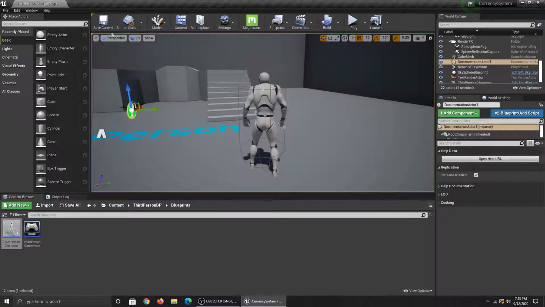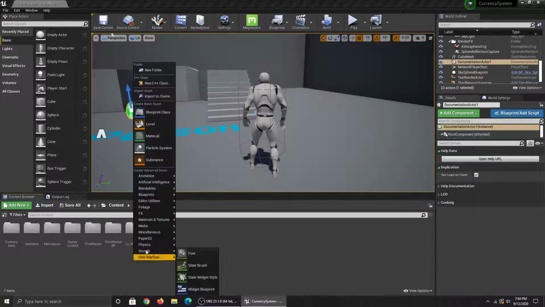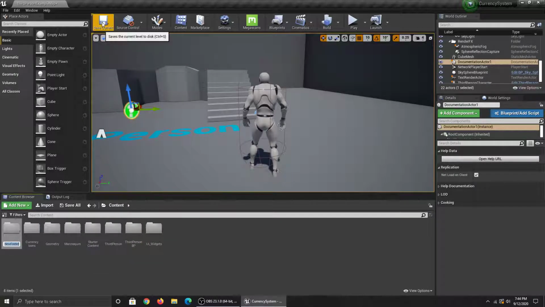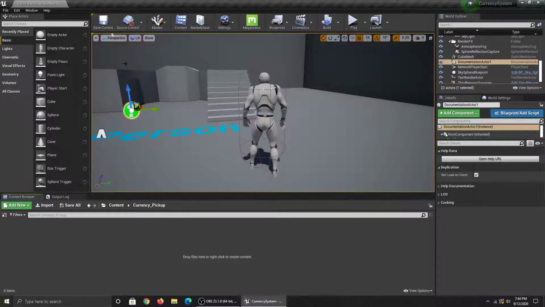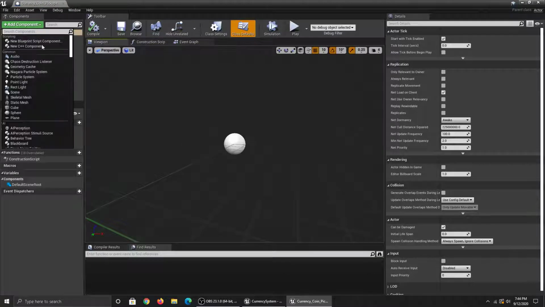I'm going to make something really simple. So basically, I'm going to use this exact same documentation type of actor, and I'm going to go create another folder, and this will be currency pickup. I'm going to create a new blueprint class, and I'm going to call it an actor, and it is going to be the currency coin pickup. I'll go ahead and enter that. I'm going to add